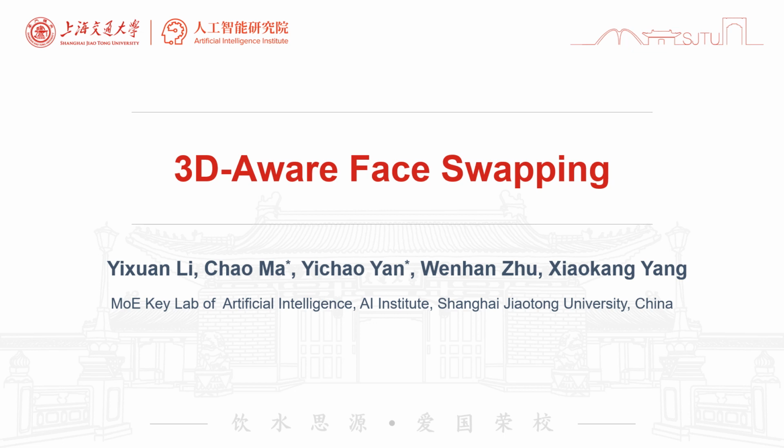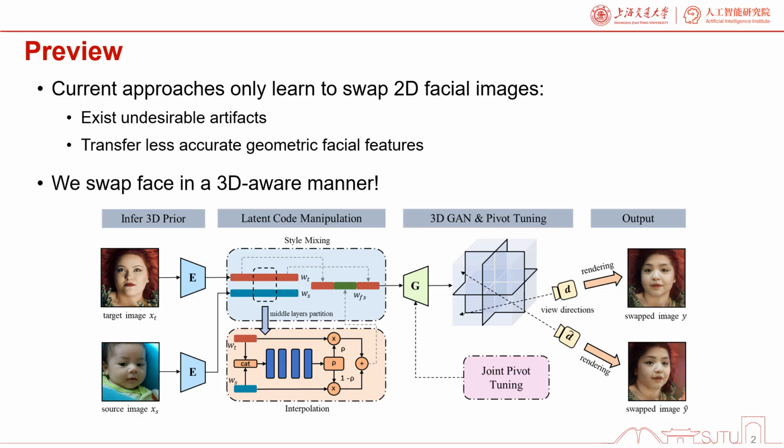We're going to talk about our work, 3D-Aware face swapping. Face swapping is an important research topic in computer vision with wide applications in entertainment and privacy protection. Existing methods directly learn to swap 2D facial images, taking no account of the geometric information of human faces. In the presence of large pose variance between the source and the target faces, there always exist undesirable artifacts on